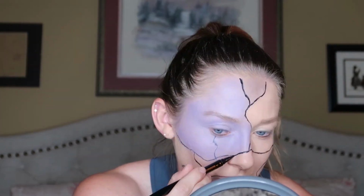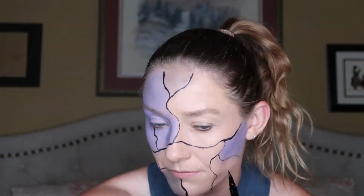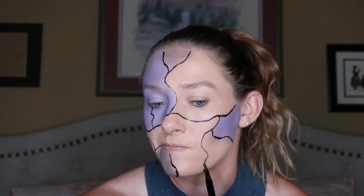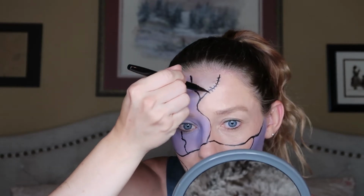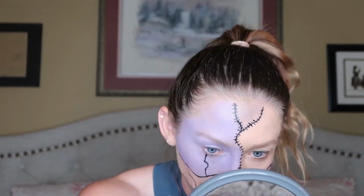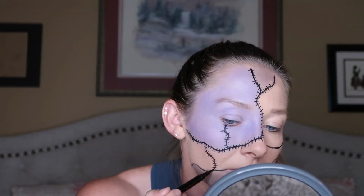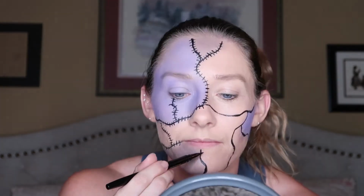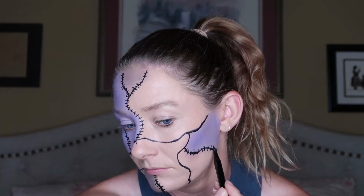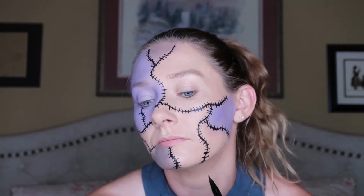Then I very quickly touched up all of the lines, surveys still out on whether that made it better or not, before jumping into the real fun stuff of actually adding in the stitches. And for that, the whole point was just to add real small little notches as I went along each of the larger seams, which looks easy, but I definitely was panicking the entire time. Once I was done adding about a million different lines, I gave myself a quick reassuring smile before moving on